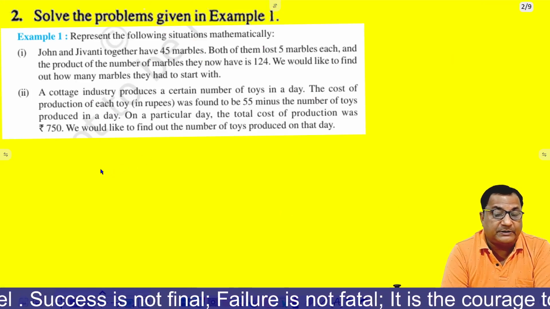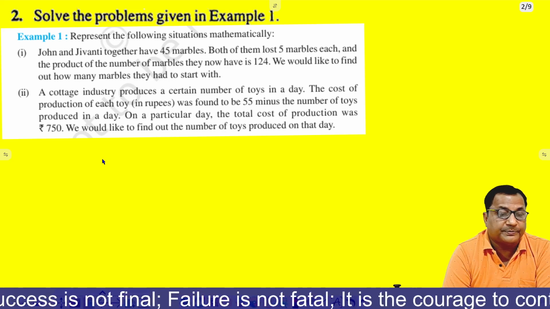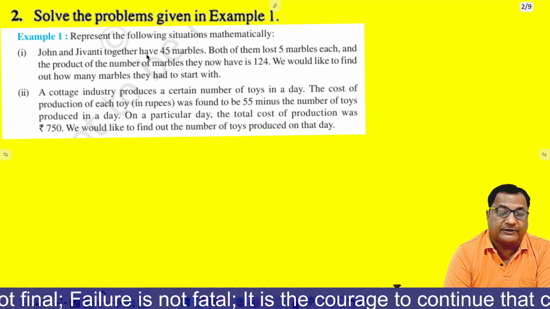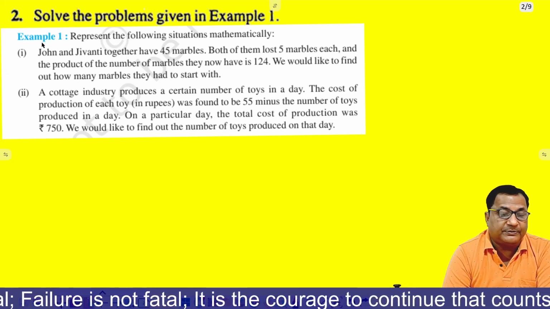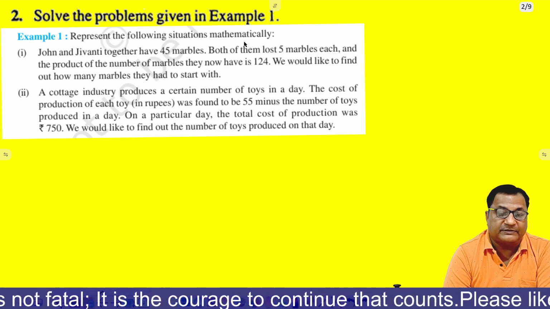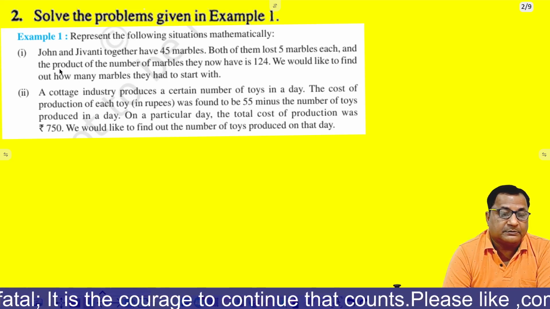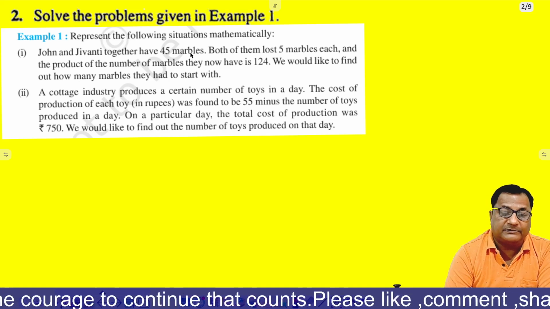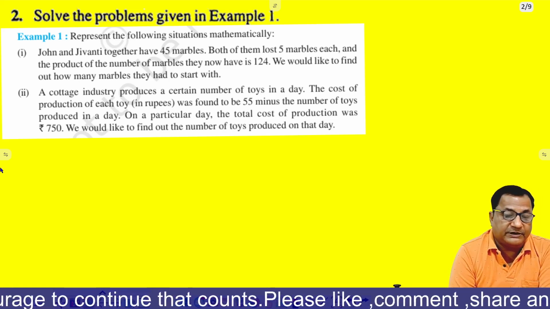Question number 2. Solve the problems given in example 1. In example 1 it is given: represent the following situation mathematically. John and Jivanti together have 45 marbles. So let us suppose